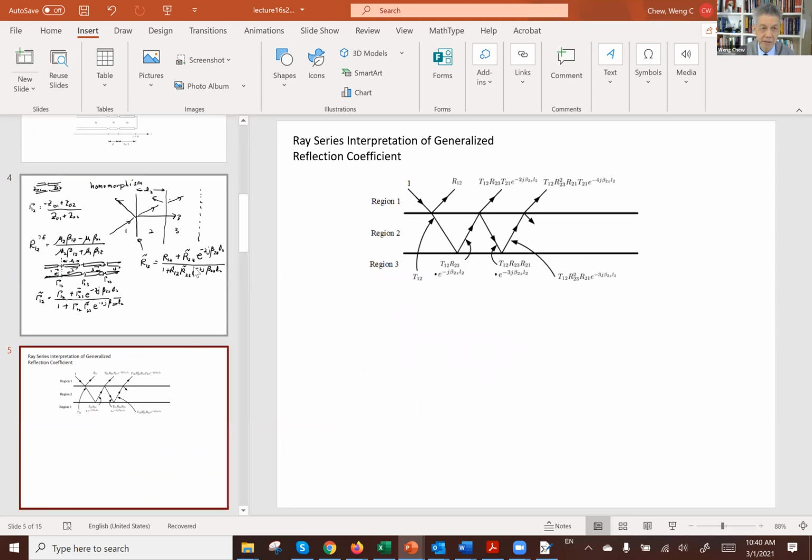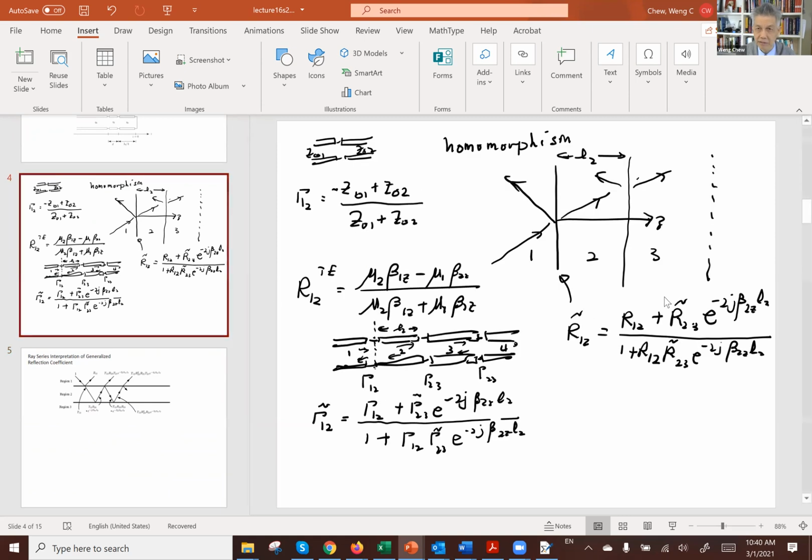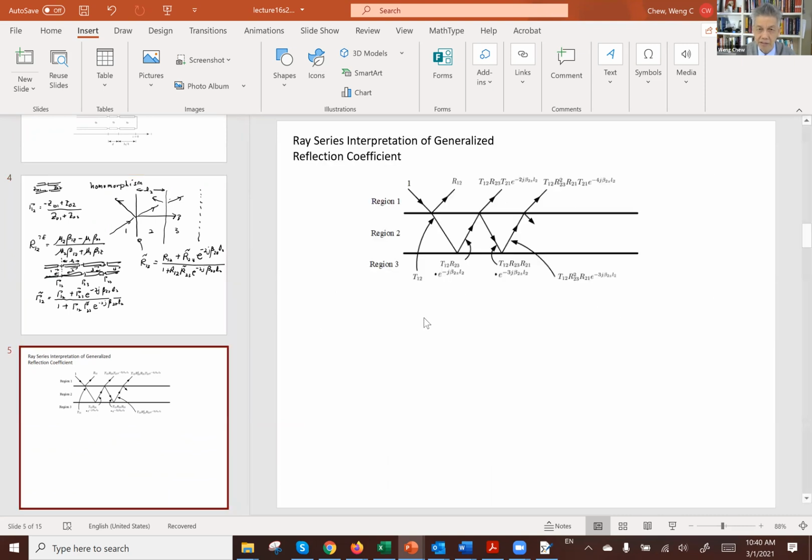such as this one over here. We can show that if you have a layered medium, if you can write the reflection coefficient like what we have done in the previous slide, you can actually expand this reflection coefficient into a ray series and understand each of the terms physically as one of these rays that bounce around like this. So to do this, what we need to do then is to actually take the generalized reflection coefficient and write it as